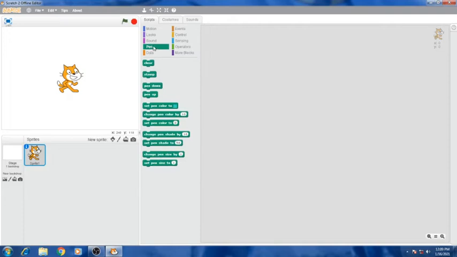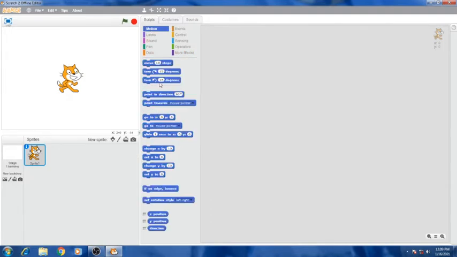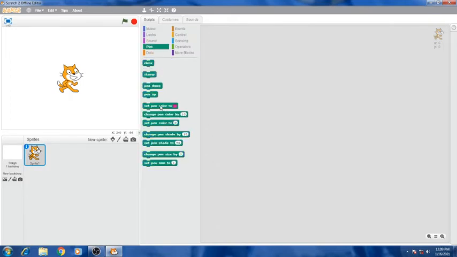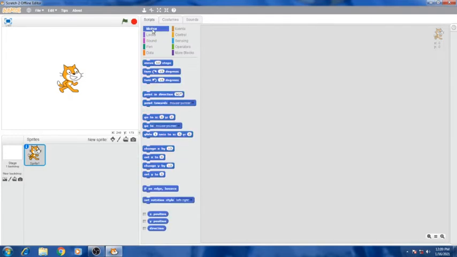And one more thing, I think you noticed that different colors are available for each block, so that you can identify the blocks very easily. If it is blue in color, you can identify this instruction as from the motion block. If it is a green color instruction, you can say this particular instruction is from the pen block. So let's discuss the motion block.